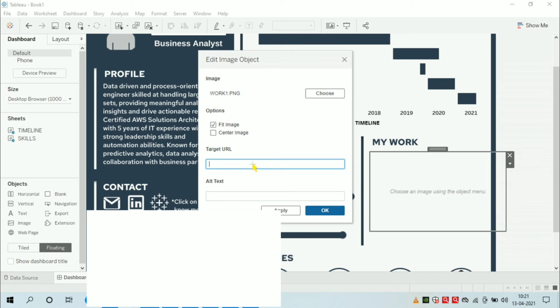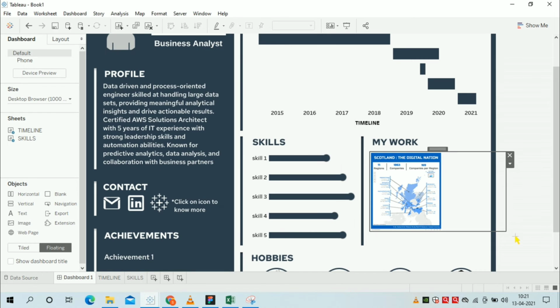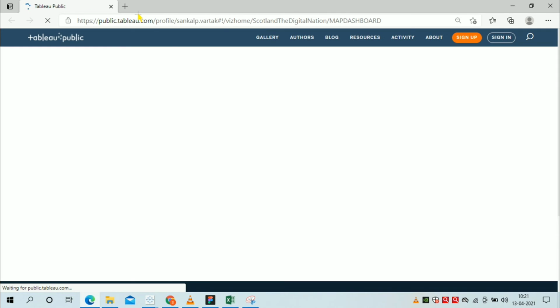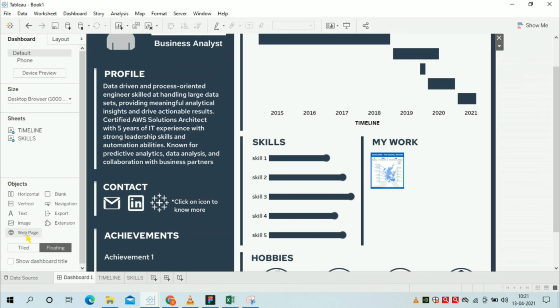So in this way, when the user clicks on the image of this dashboard, he or she will be redirected to the dashboard on my Tableau Public. In a similar way, you can create screenshots of your dashboards and add them here. So when the user clicks on them, they will be redirected to your dashboard and they can see your work over there.